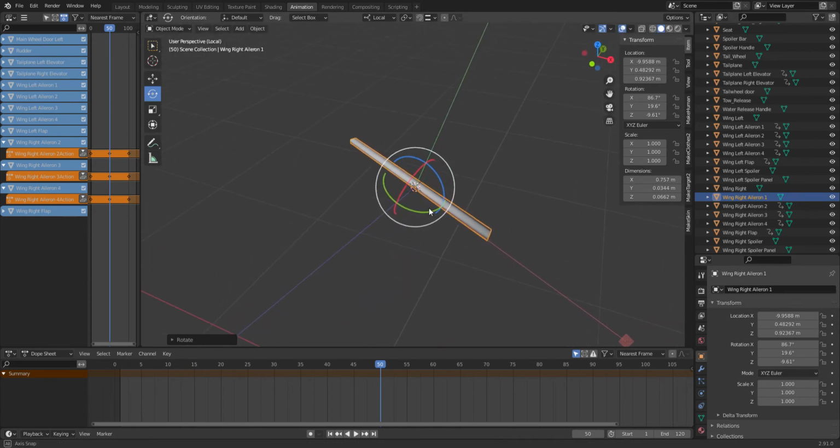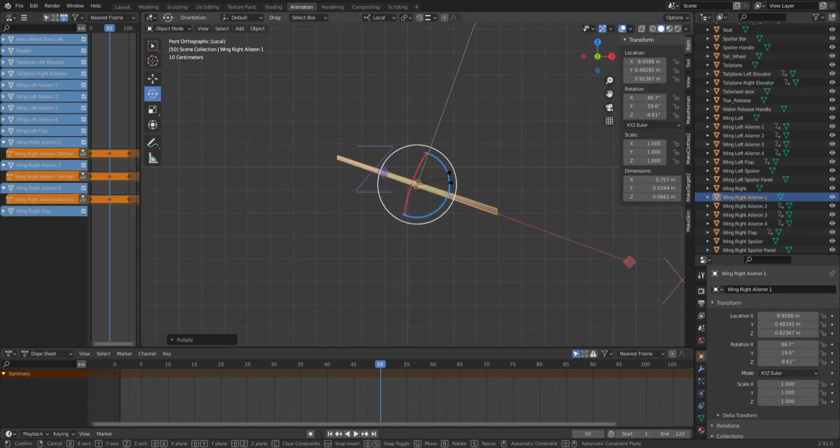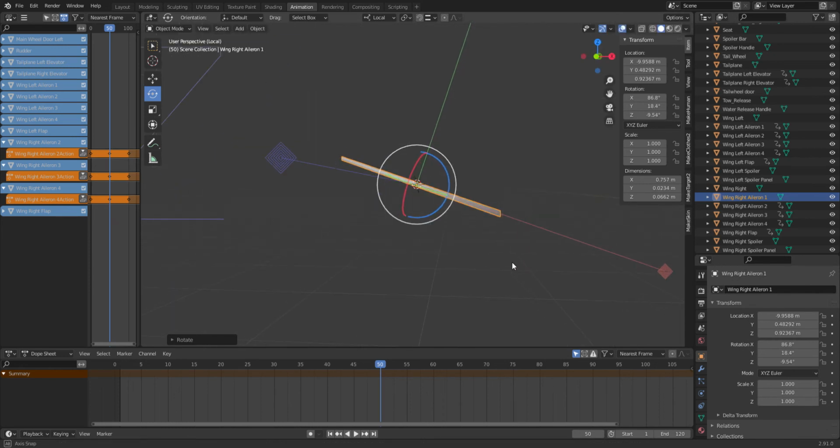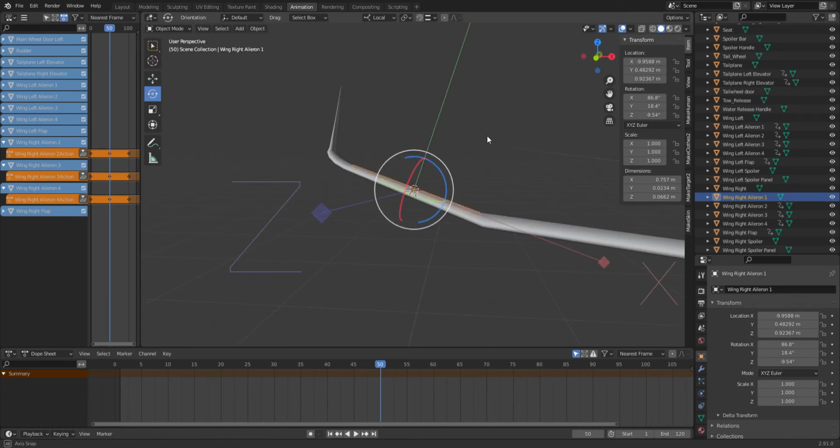And now when you look at it, the axis is now following. That one's actually a little bit out. The axis is following the leading edge. So now, if I go back here,